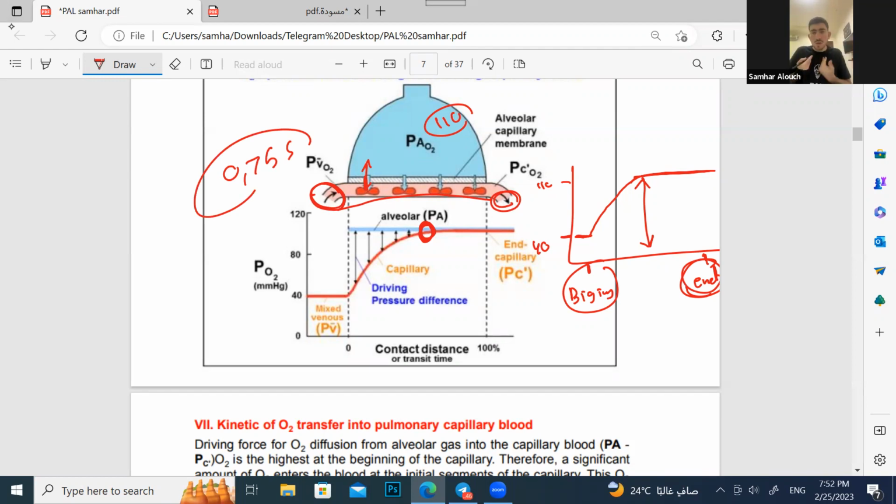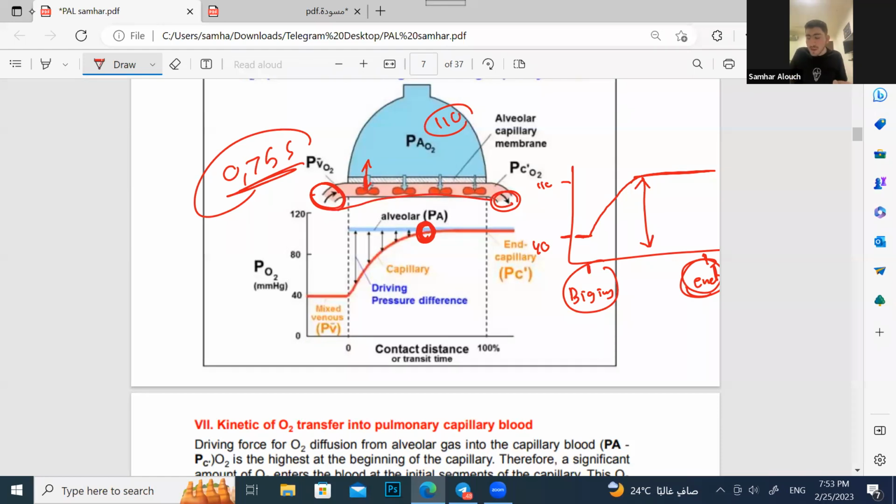Okay, now I know that the blood in the capillary needs 0.75 seconds to go from the beginning till the end. This is a question for you. Does the oxygen need the whole 0.75 seconds? Does the blood need the whole 0.75 seconds to reach this plateau? No. Perfect. Yes, it doesn't need this whole timing